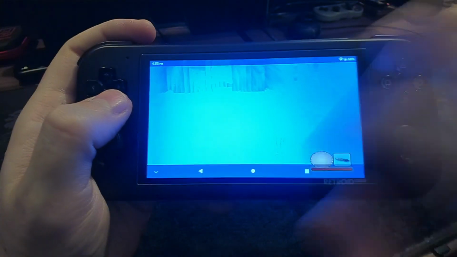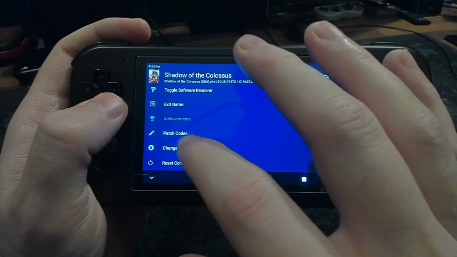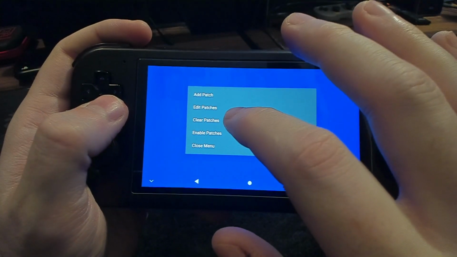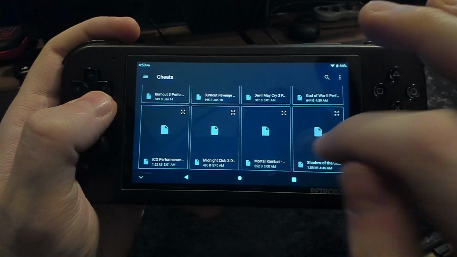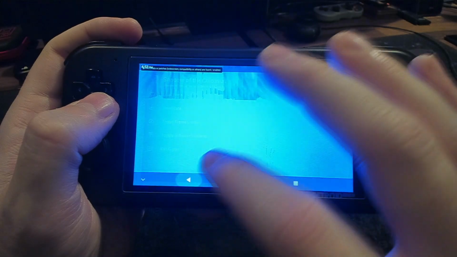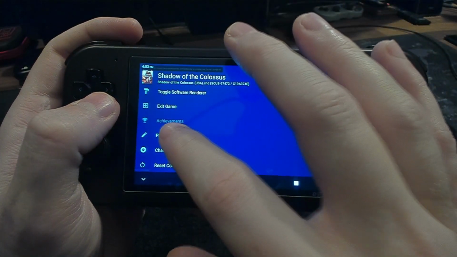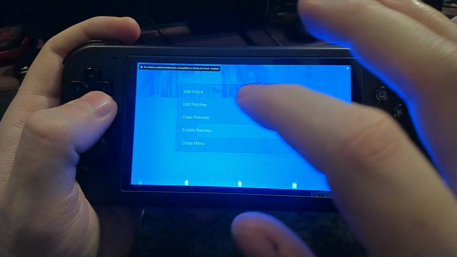Hey, this is weird. I've never seen this before. Okay, good thing to see that on video. Let's double check things again. Let's add the codes. No cheats or... okay. Let's